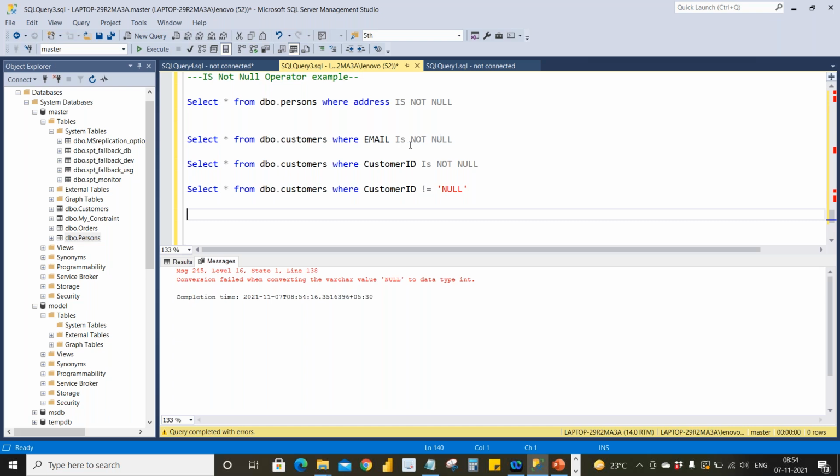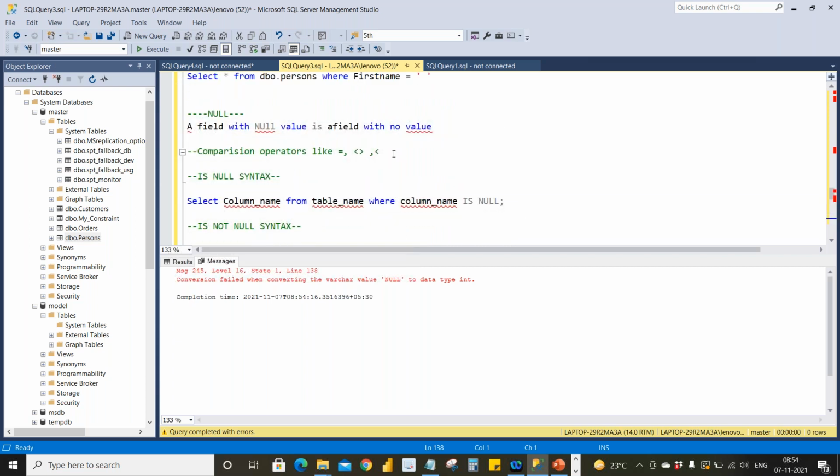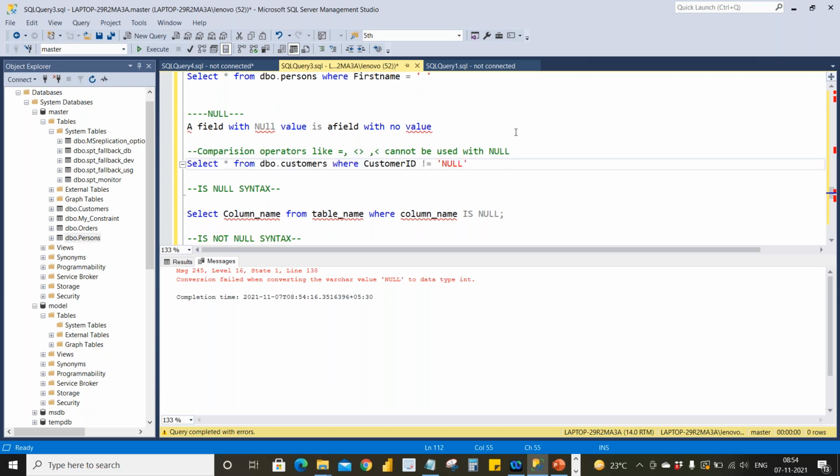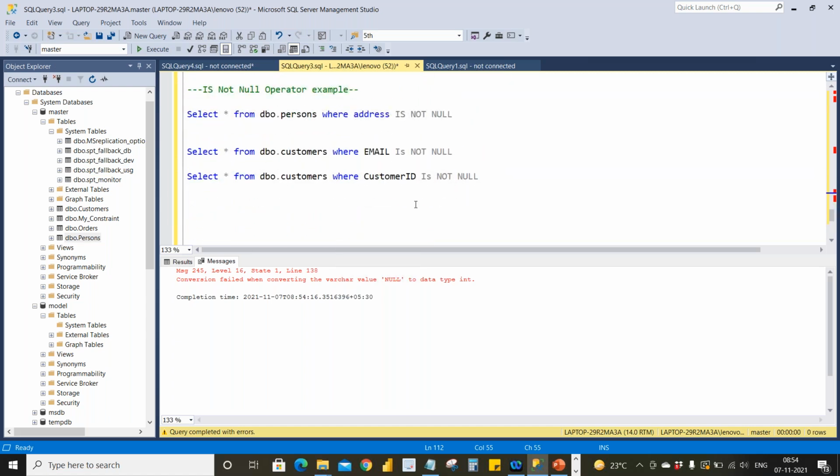You have to use is null or is not null. Okay. So this is how you use the null operator.